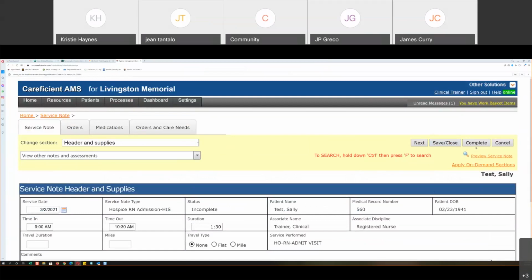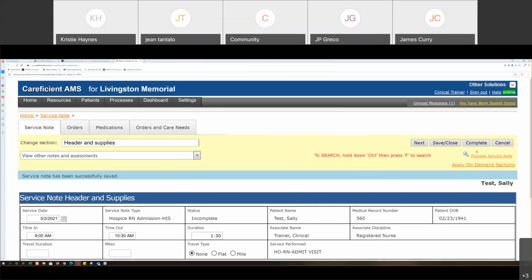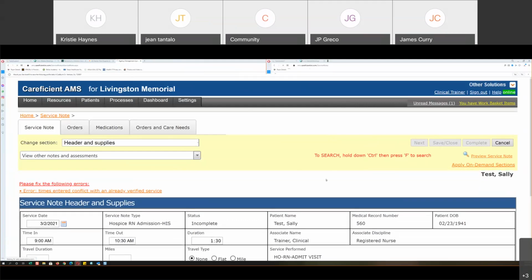So in your current system, you guys call that you're going to lock it. So just think of this as the same way. You're going to lock that note, because this complete button locks it so you can't get back in it. Now, that doesn't mean that if something happened you couldn't get back in it. If you needed to, your leadership could open it back up, but when you hit complete, it locks it. Also, when you hit complete, it is going to put on,